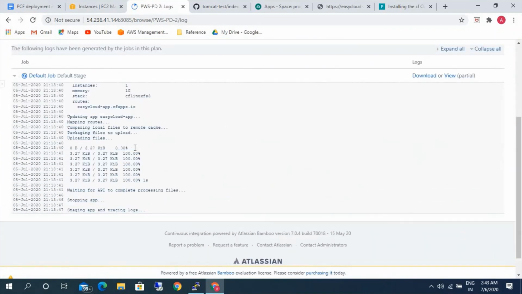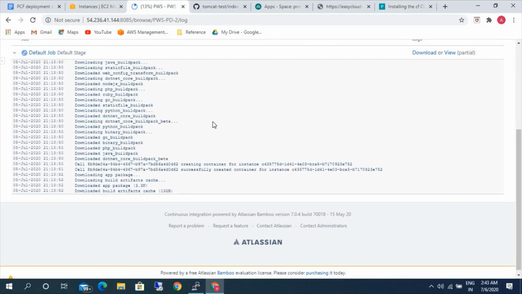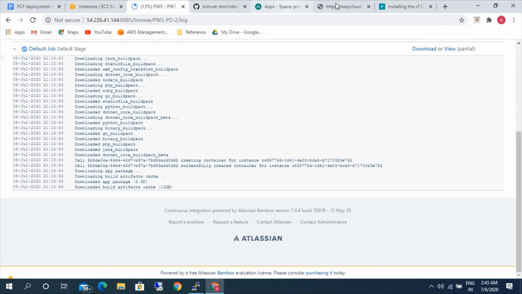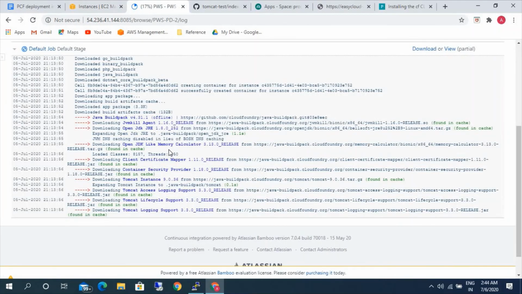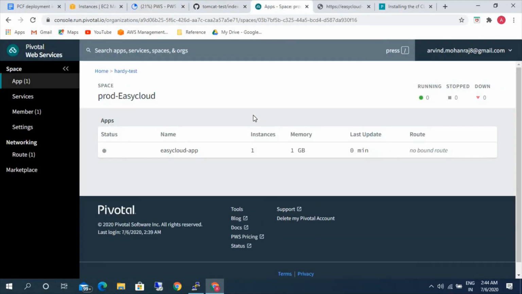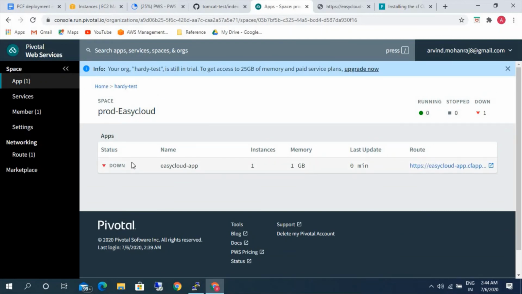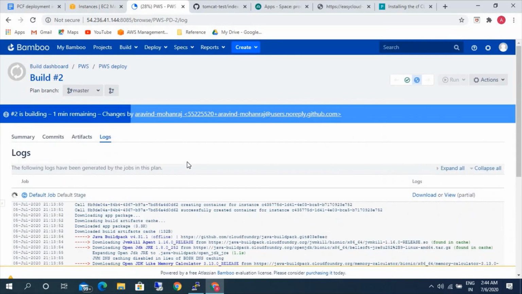You can check the logs. See, it's stopping the app and it is updating. See, the status is down currently. It is updating the app.